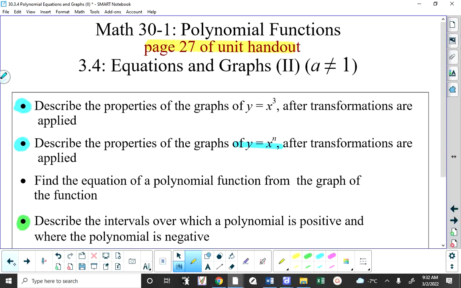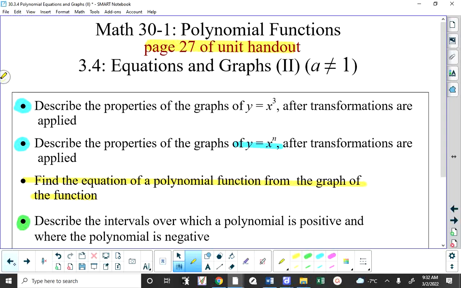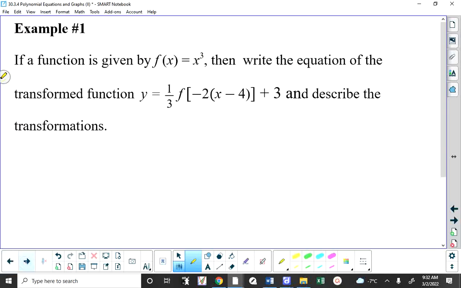What we're going to really focus on today is the middle portion here that I haven't highlighted yet. We're going to focus on this. This is the most important aspect of today. It's going to be almost identical to what we did yesterday with a little added layer to it. And then we're also going to be doing something else which deals with inequalities and polynomials. So to begin with,